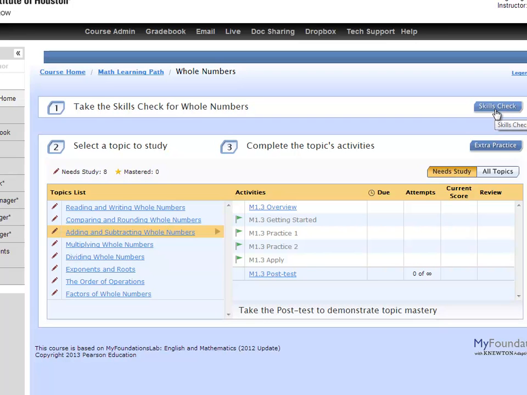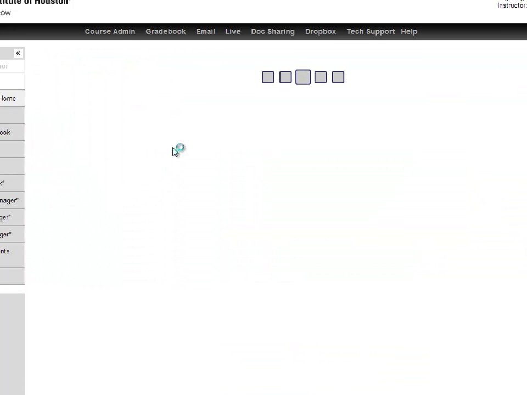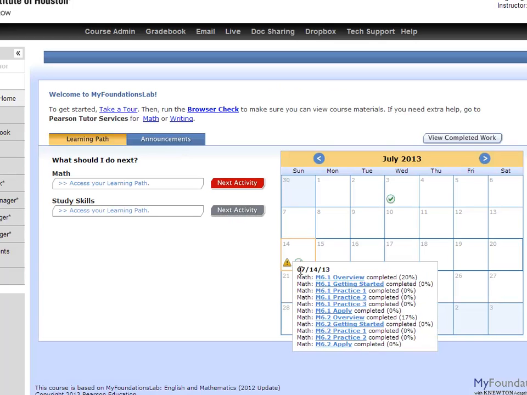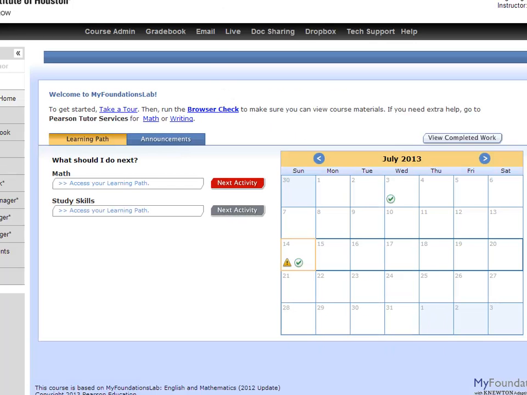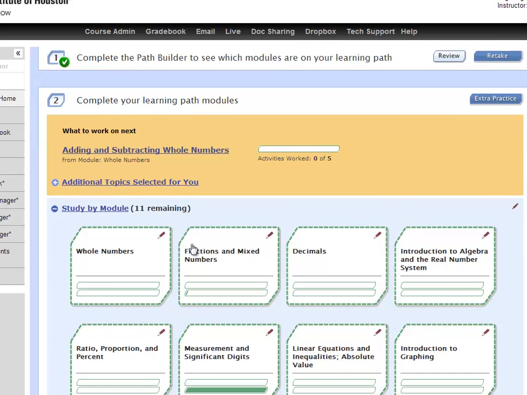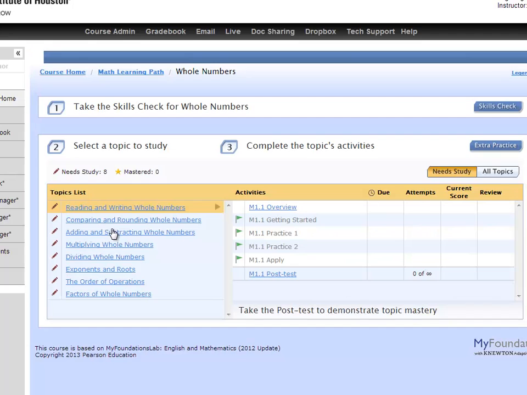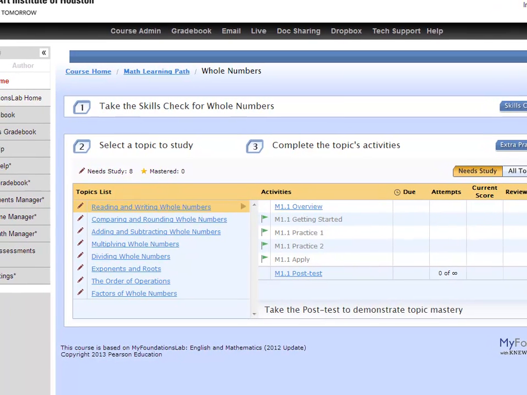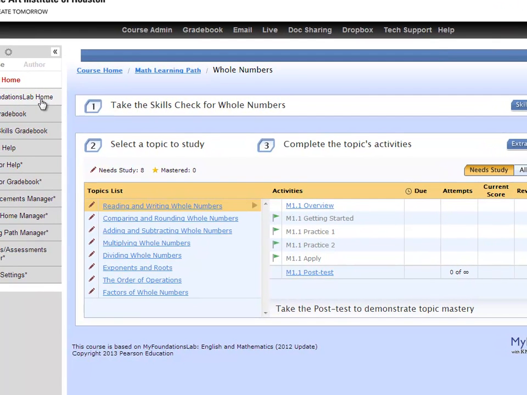And once you've done the skills check, come back to My Foundations Home, or however it lets you get there. Access your learning path, study modules, and then again, whole numbers or wherever it is. Once you get all the stars, go to the next one. And under My Foundations Home, which again is right here,